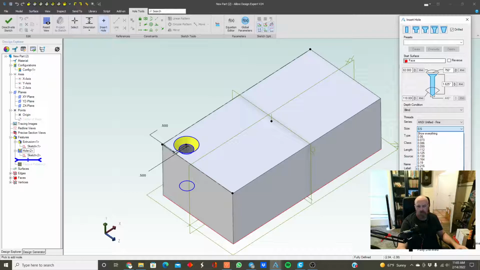So it's a 1/2 inch hole, 9/16, 5/8, 3/4. So you pick that, and it'll automatically pick in your half 20 UNF, which is fine thread, right? Class 1B hole, and so on. And pick your hole depth, and then we want the threads in that hole. So 1 3/8, right? Okay, so now we can label it